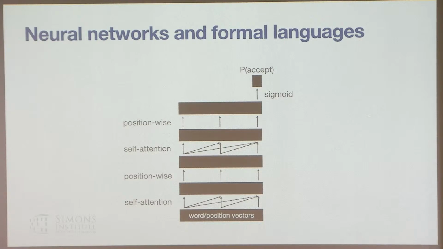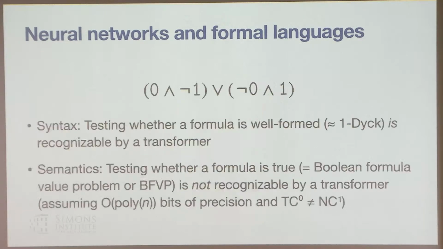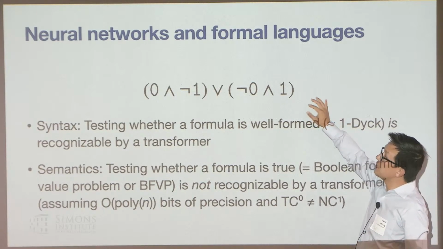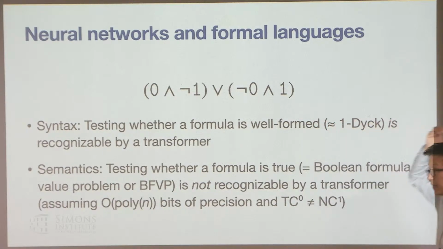Okay, so if we set up a transformer like this, then you can treat it as some kind of mechanism for accepting and rejecting strings of a formal language, and we're interested in studying how powerful transformers are in this setting. Just as an example, this is a pair of problems that I really like. If you have Boolean formulas with constants 0 and 1, no variables, we have this pair of problems that seem conceptually close together, but can be separated through studying transformers in this light.